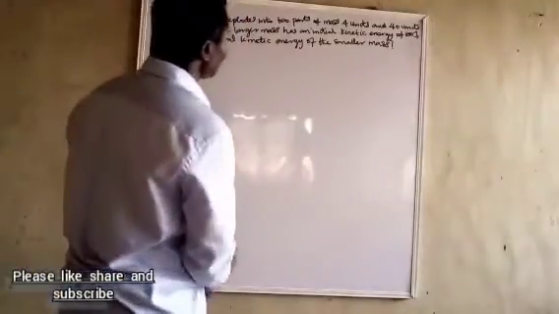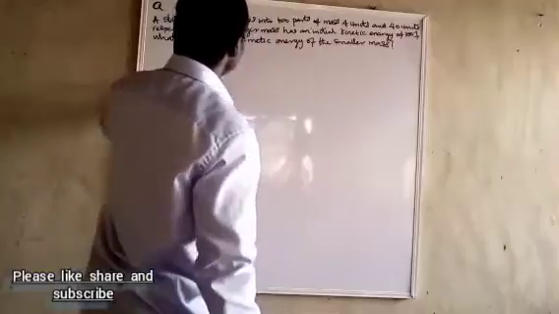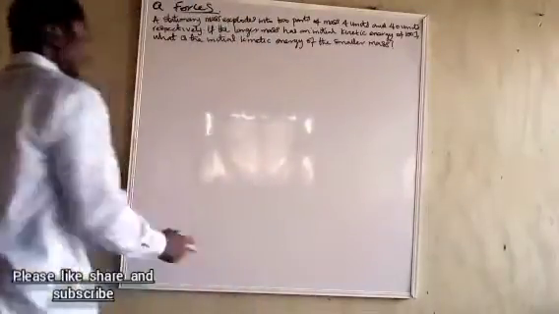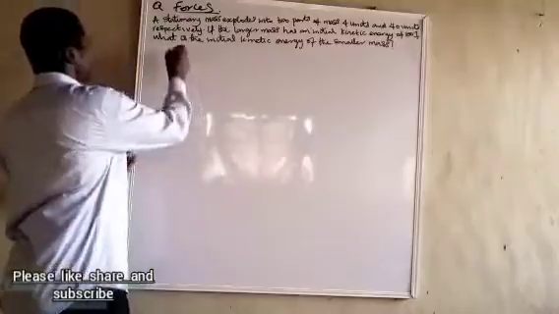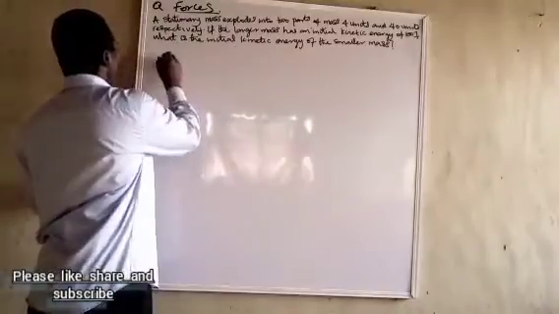A stationary mass explodes into two parts of mass 4 units and 40 units respectively. If the larger mass has an initial kinetic energy of 100 joules, what is the initial kinetic energy of the smaller mass? We have shown in our notes that in this instance, when there is an explosion, kinetic energy